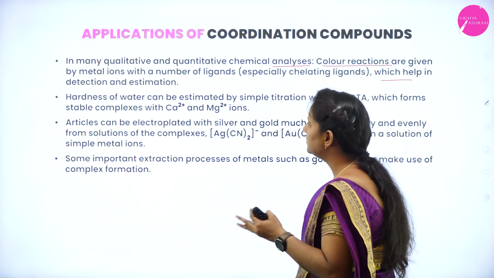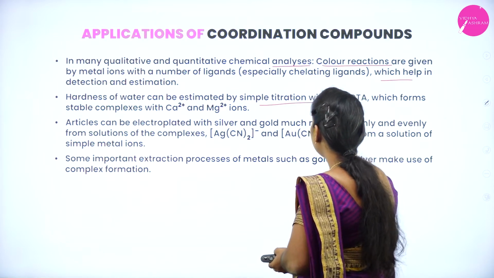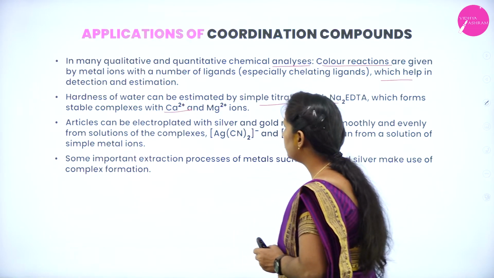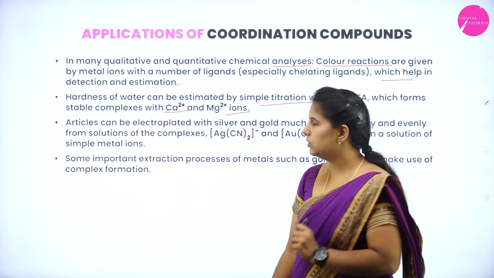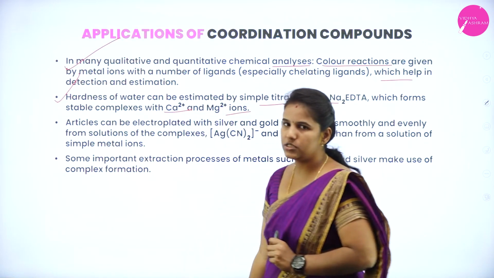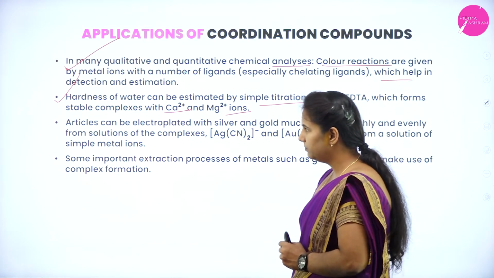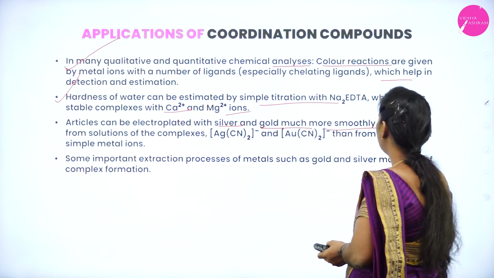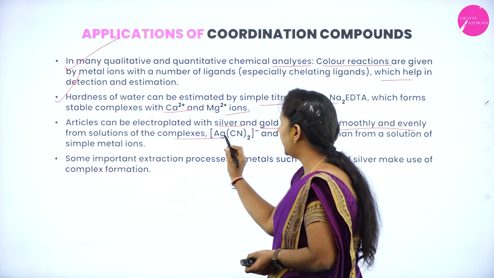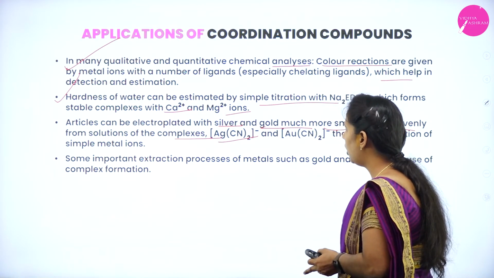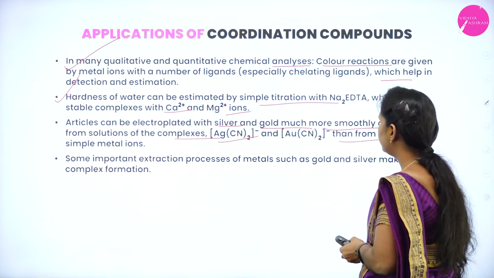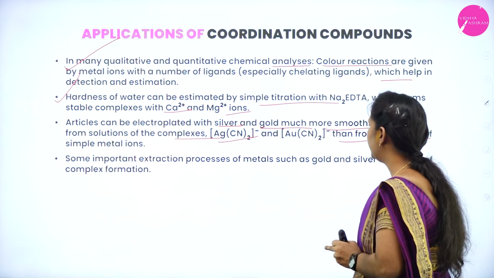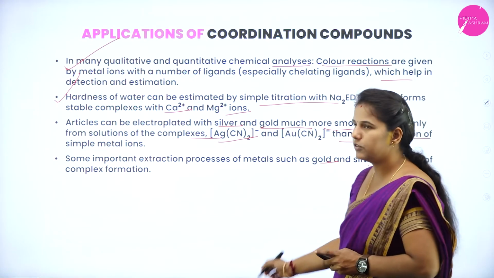Even the hardness of water can be estimated by simple titration with Na2EDTA, which forms stable complexes with Ca2+ and Mg2+ ions. So, this is another important application of what? Coordination compounds. And articles can also be electroplated with silver and gold smoothly and evenly using solutions of the complexes, such as dicyanoargentate complexes, rather than solutions of simple metal ions, and some important extraction processes of metals such as gold and silver make use of complex